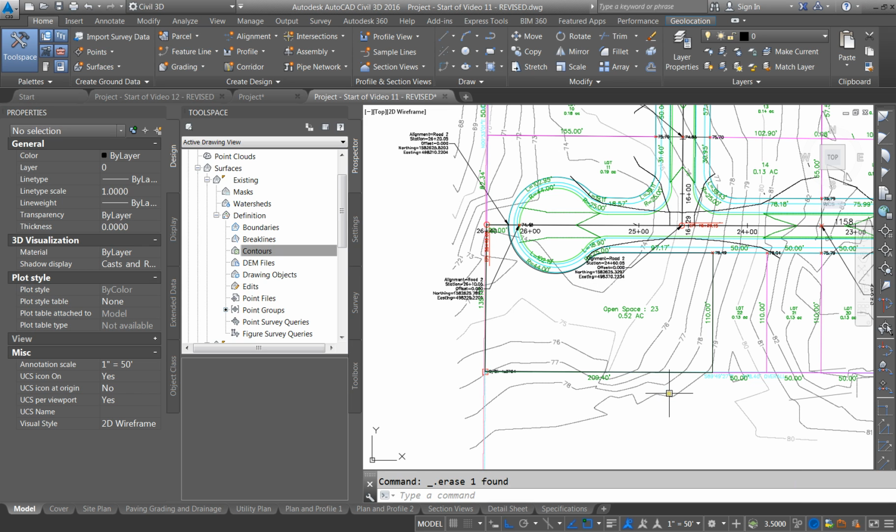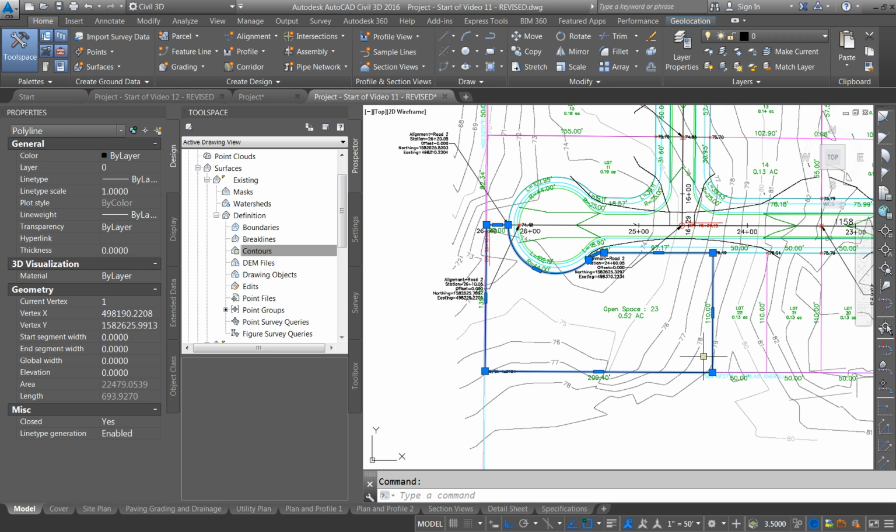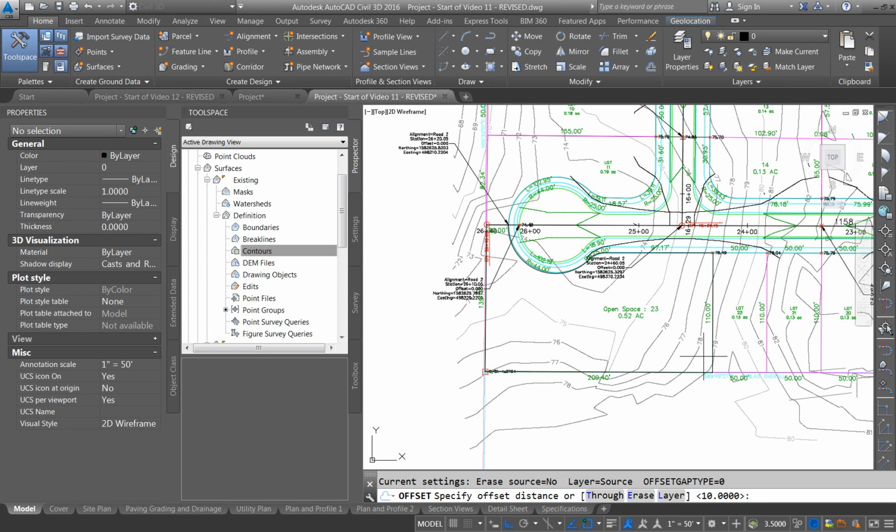In this video, I'm going to show you how to use the grading tool to create your detention pond. I'm going to put my detention pond over here, and I'm going to use this outline of this parcel to make the shape of the pond. So I'm going to offset this 10 feet to begin with, just as an arbitrary, because I like to have